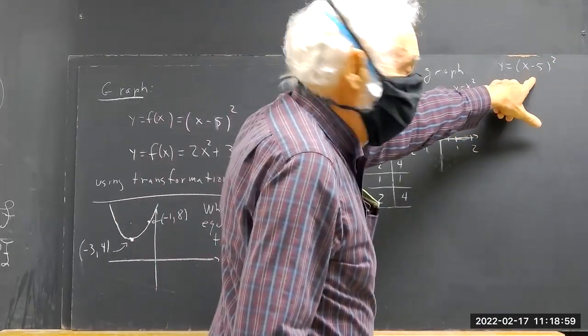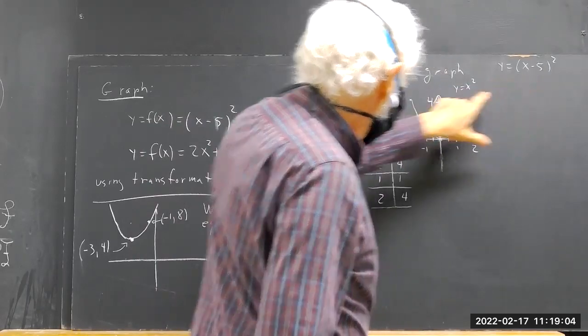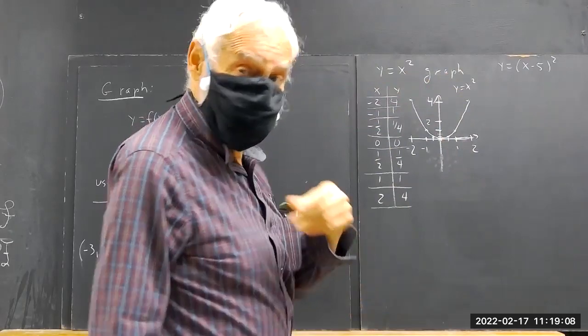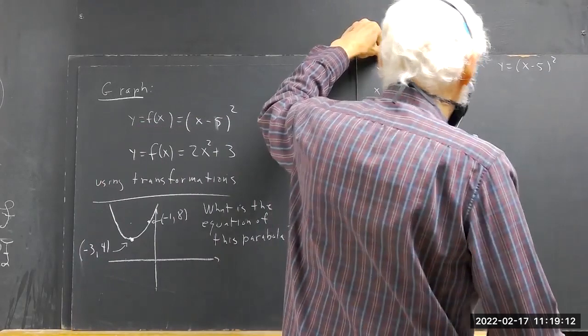You get the graph of y equals (x minus 5) squared. You notice that this is the same as this if you just replace x by x minus 5. Right? Okay, so